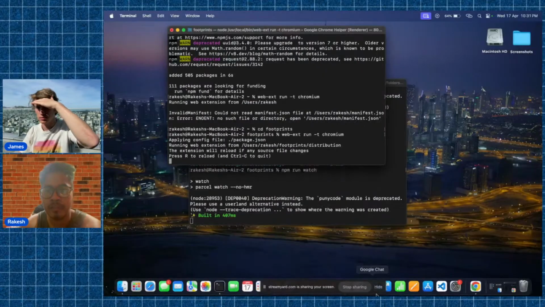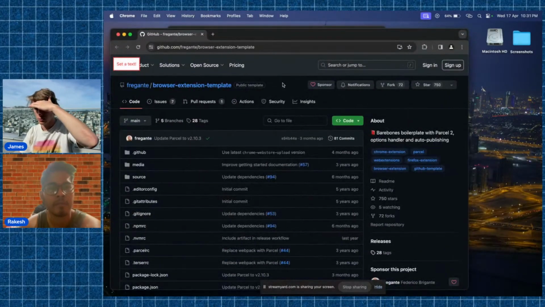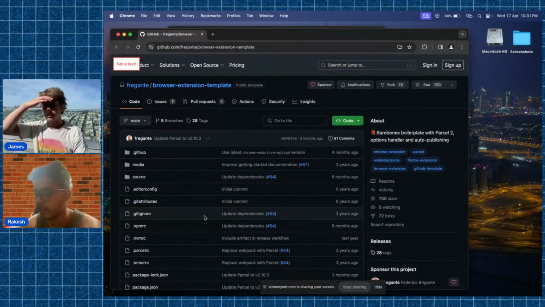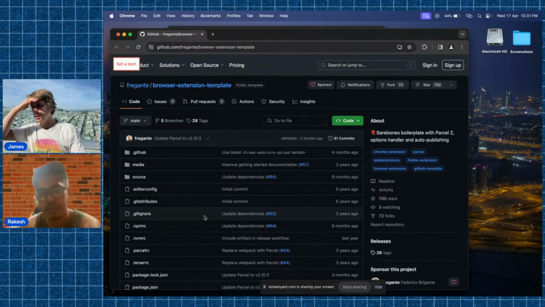I should be having two Chromes running in the background. Yeah, this is the one with the extension. Yeah, that's cool, right? So it's basically